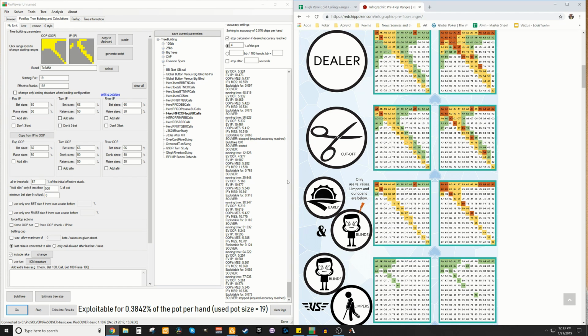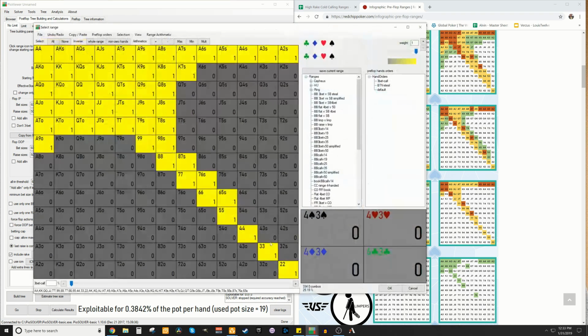So first off, we're going down here to include rake, which is going to be very important because if we're going to be thinking about rake, we need to make sure that we are appropriately modeling it into our game. So we're going to have a 10% rake with a cap of $5 in a 1-2 game. As you can see in this scenario, we've opened to $8 in the cutoff with 25% of hands, and